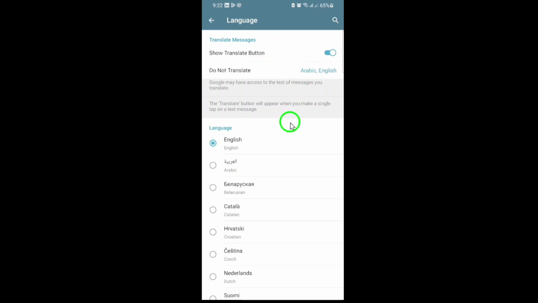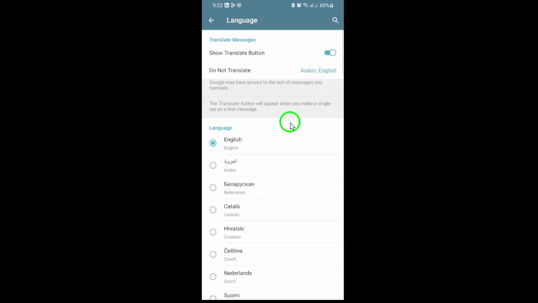in another language. With the Translate button enabled, head back to any chat where you've received a message in a foreign language. Tap once on the message you want to translate. Don't long press. Just a gentle tap. A menu will appear with several options, and you'll now see Translate as one of them. Tap on Translate, and Telegram will automatically detect the language and show you the translation right there in your chat